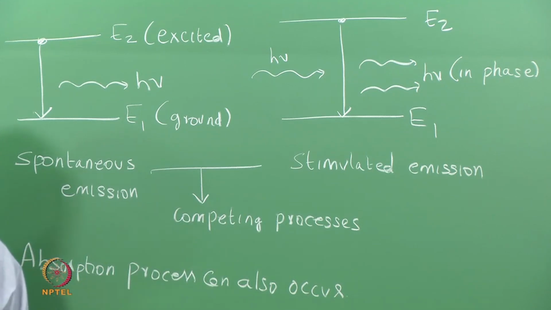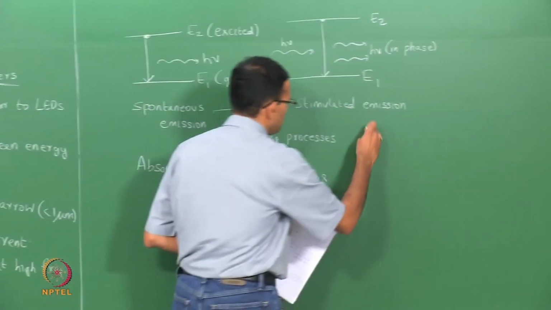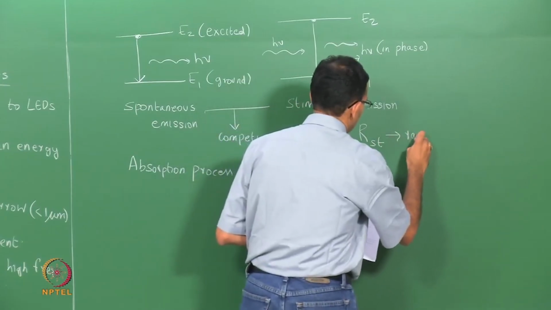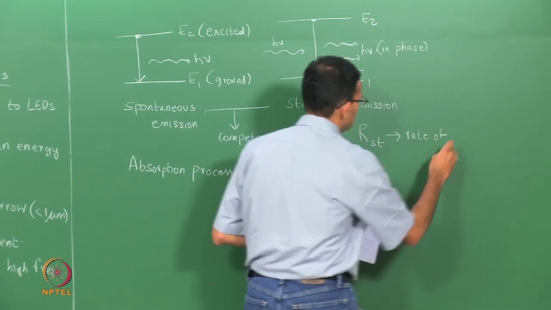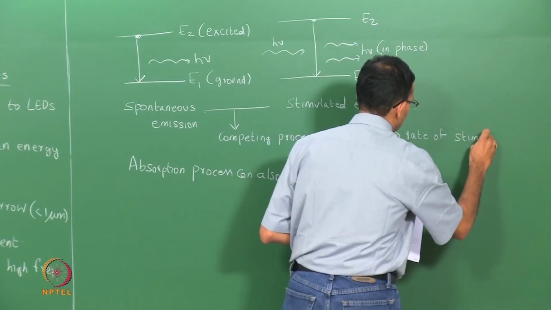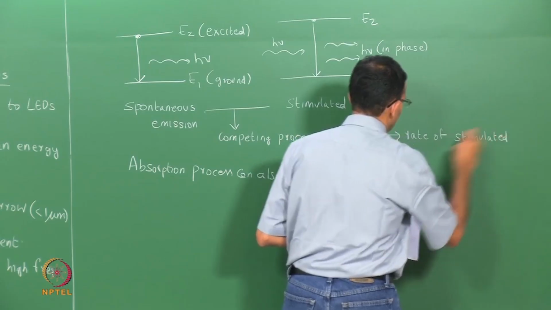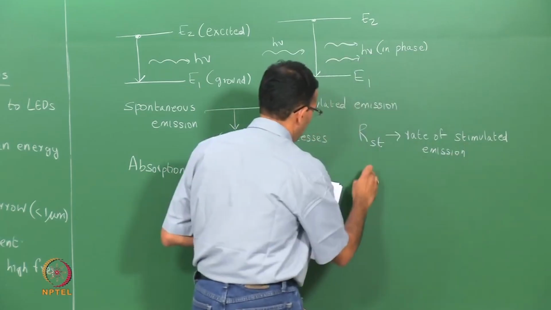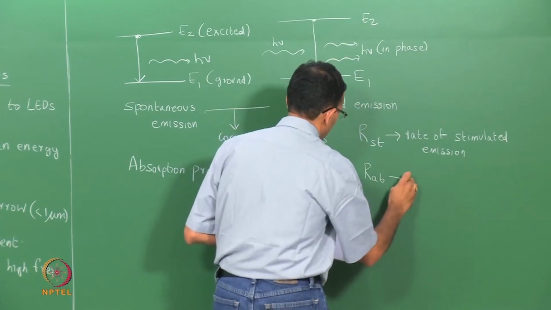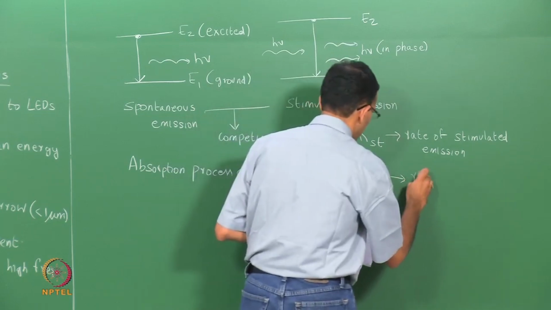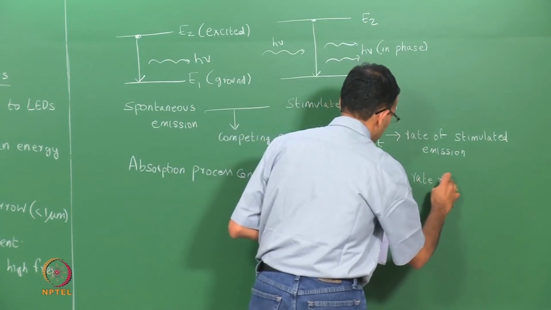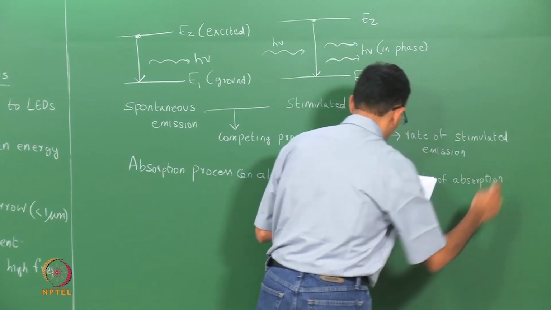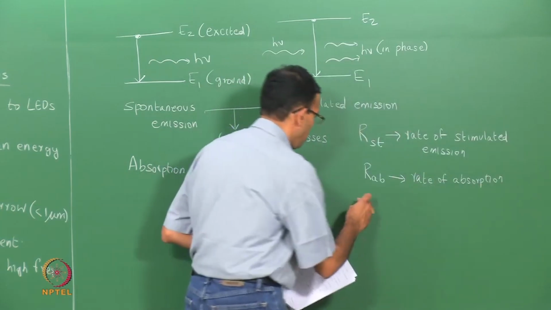If R_ST denotes the rate of stimulated emission and R_AB is your rate of absorption, and phi is the incident photon intensity,